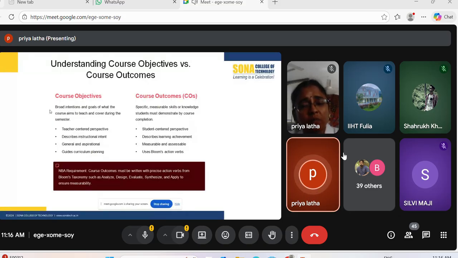But the course outcome is student-centric, which means after learning the particular subject, what skill the students will have or what knowledge he will gain, that is called a course outcome. And this is what the NBA requirement is. So the course outcome will be mapped in each subject in the syllabus, and that will be assessed, and that will be mapped with the POs and PSOs, and that will be presented in the